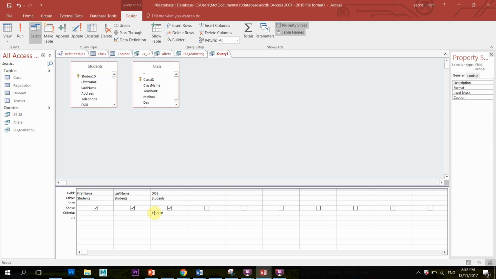So you will just put, it should be greater than the last day in 1990. So we say greater than the last day, which is the 31st of the 12th, 1991,